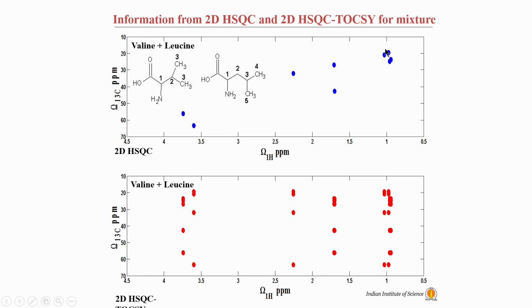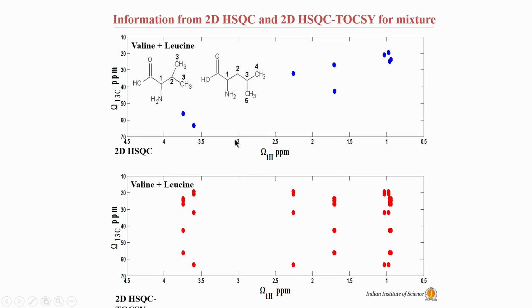So, we cannot simply say that this is methyl of valine, this is methyl of leucine, etc. This is not easy to do. Here, to some extent yes, we can guess based on the chemical shift value which peak corresponds to leucine and which peak corresponds to valine. For example, this could be leucine based on the database and this could be valine. So, this kind of knowledge, that is the knowledge of prior structure, will only help here, but it will not help us to say anything about this part here because they are all methyls and knowledge will not tell us about here.